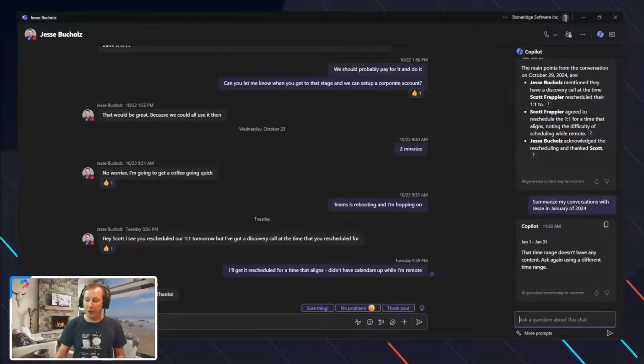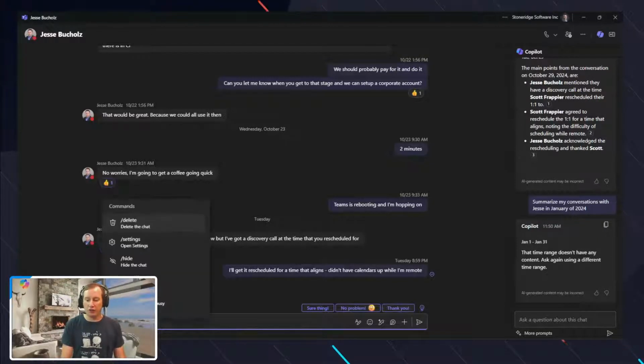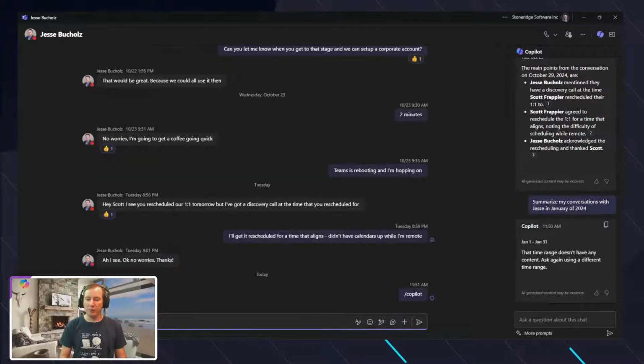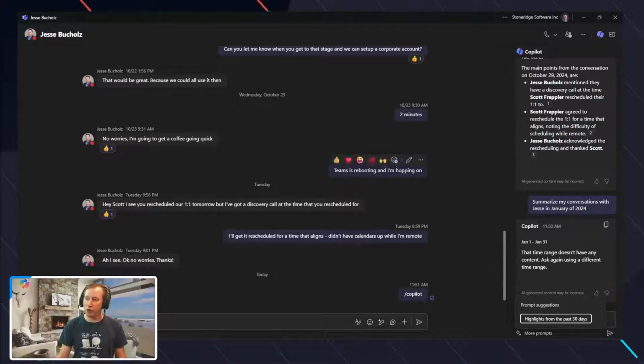So with this Copilot-based capability, I'm not sure if they've added the Copilot capability here yet, but those are going to be actions that hopefully in the future we're going to start seeing that you can then interact with inside of these prompts. And the other thing to note is that there are prompt suggestions that they typically create that you can interact with. So once again, try some of them, see how they work for you, but it's a nice addition compared to chat, where you can summarize some detail a lot quicker than in a chat. Now, this goes beyond just that chat, right?